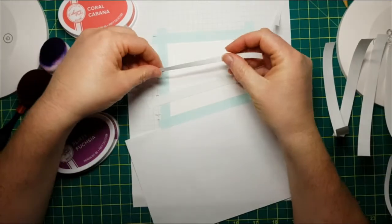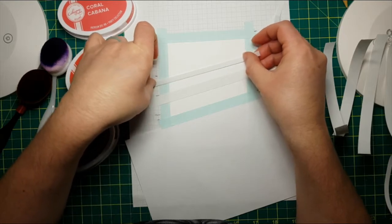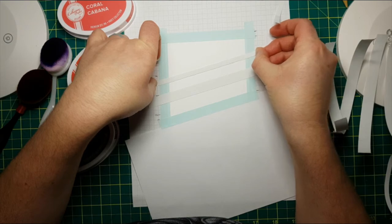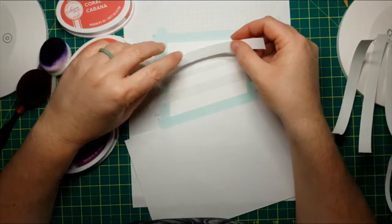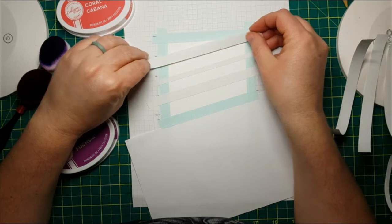Then I'm going to take a 1/4 inch fella. And I'm going to go up 3 blocks. I'm going to go back to my thicker one. And I'm going to go...